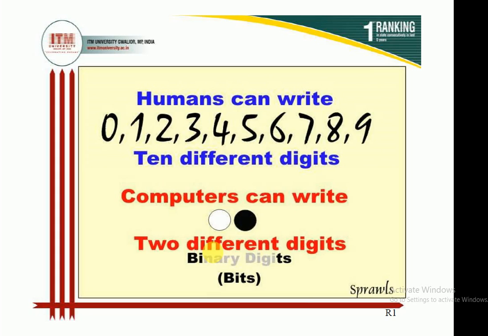We have just reviewed that we as humans write digits up to 10 and in which form. Digital images and the computer system can only write two different digits. They can only place a mark in a space or leave the space blank. Therefore, each digital space can have only two possible values: one is marked and the second is unmarked or blank. For that reason, these are called binary digits, or bits in short.